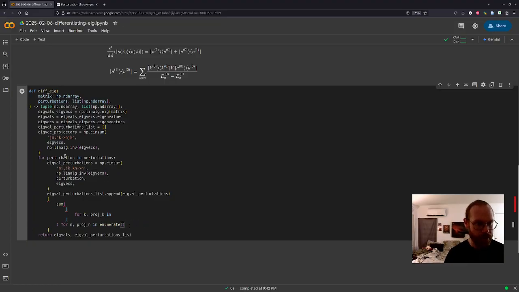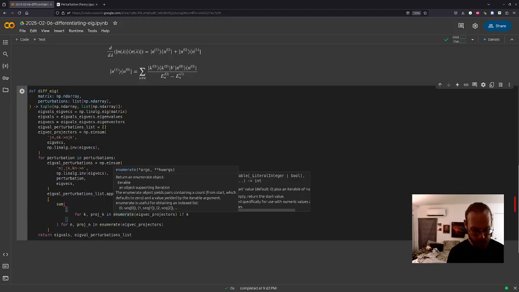And here I've labeled it such that this eigenvector projector array, the first index is the one indexing the individual eigenvalue. So I don't have to transpose anything. And here I want to only sum if k is not equal to n.